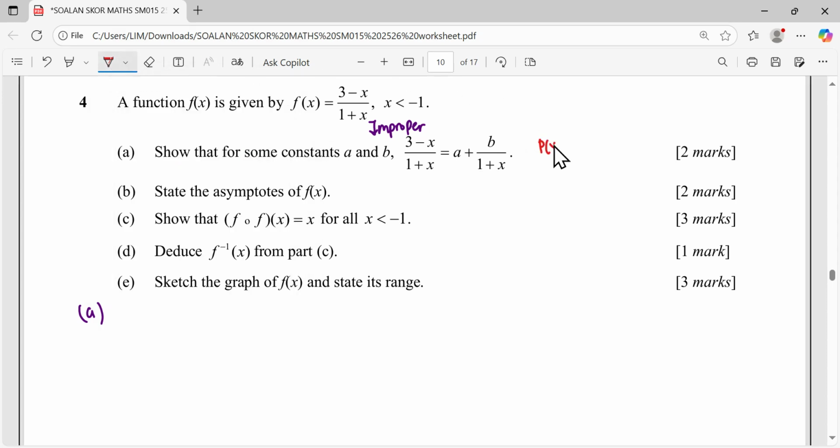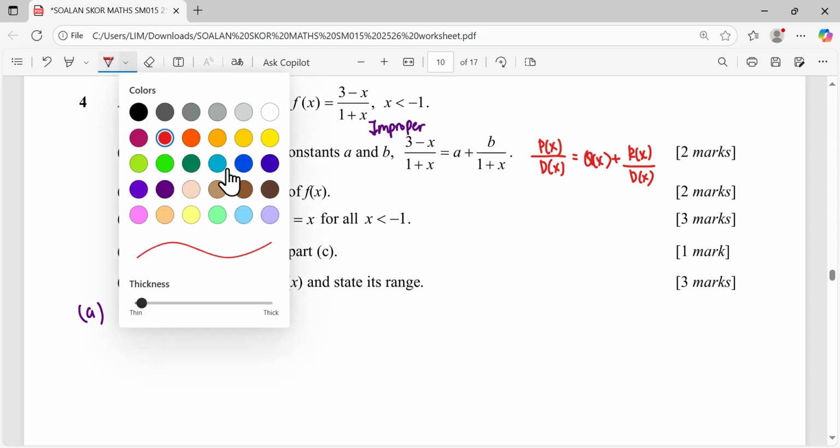Because for an improper fraction, when you do long division, it will give you the quotient plus the remainder over the divisor. So that is the meaning of this question: express your improper fraction as a proper fraction. So to express that,